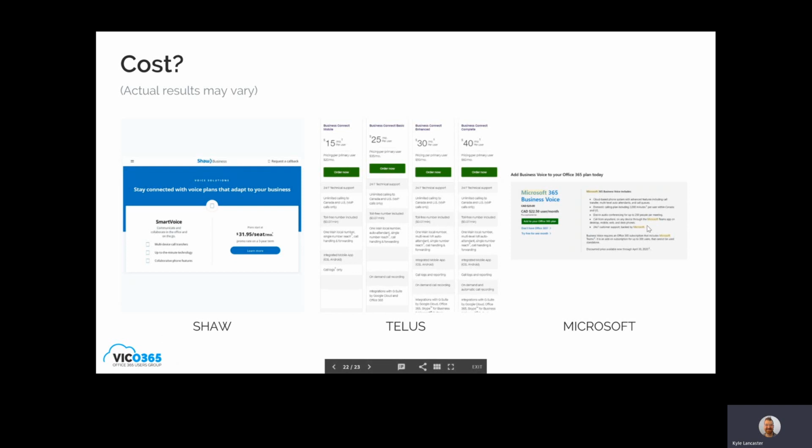Some domestic calling plans, I think Sean had said, are like 150 minutes a month, or you can get a 3,000 minute a month plan. And you do pool those minutes together. So if you've got 10 people on the 150 minute plan, all of those minutes go together, so they're not per user. But if you have people on the 3,000 minute plan, those minutes do not get shared with the smaller plans.